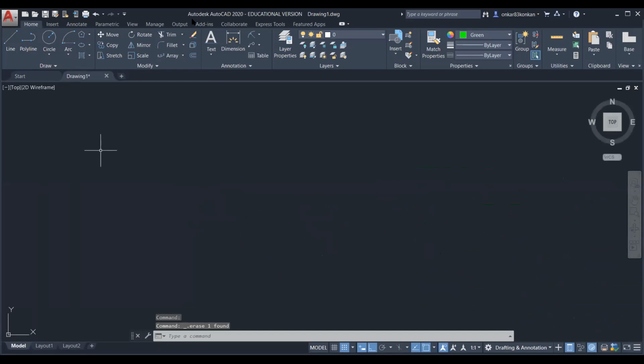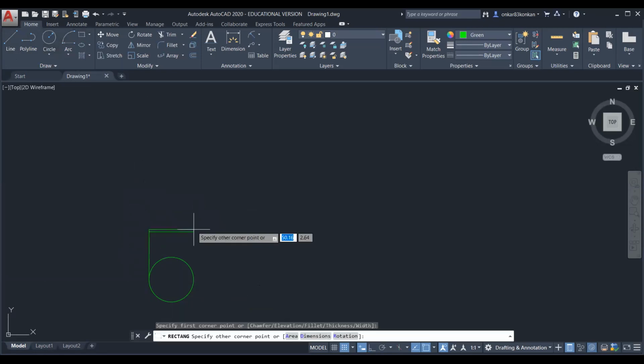Okay, so now to draw the helix curve, first draw this circle with the given diameter. That circle diameter is 50 mm. Then draw the rectangle, so its front view will be a rectangle. Basically we are drawing the top view and front view of the cylinder. So draw this cylinder with the height equal to the pitch.